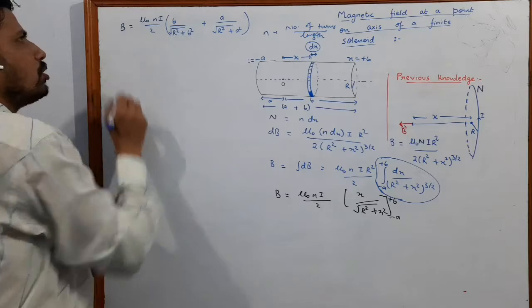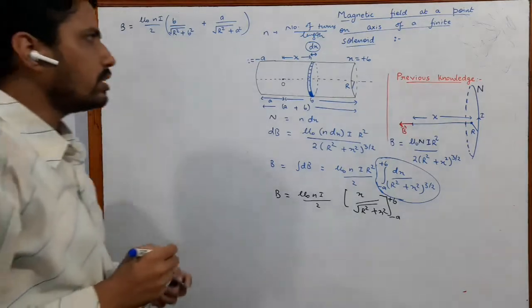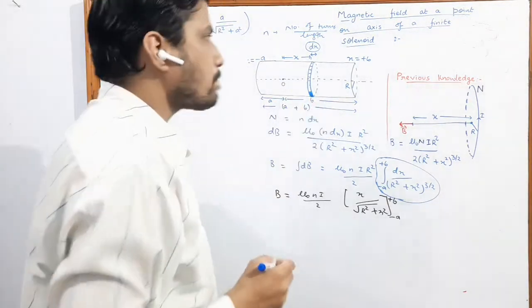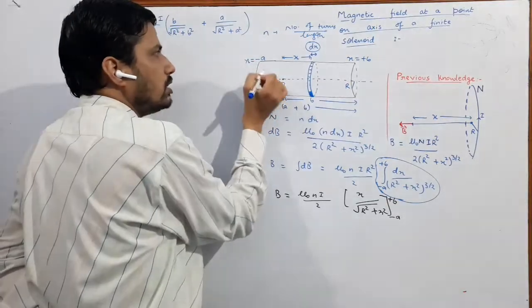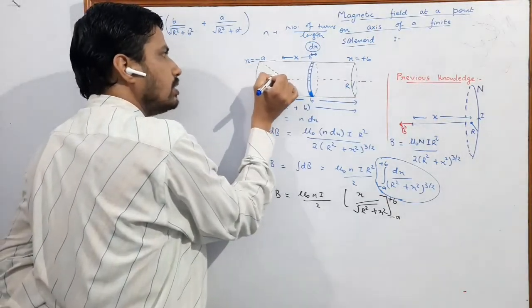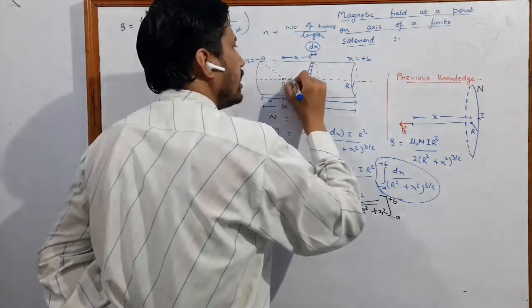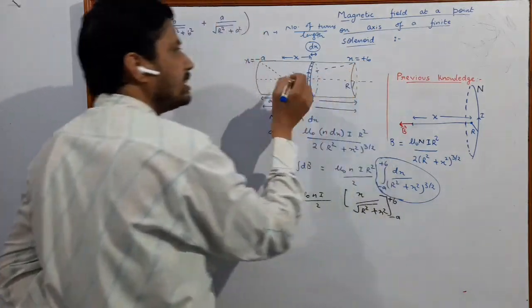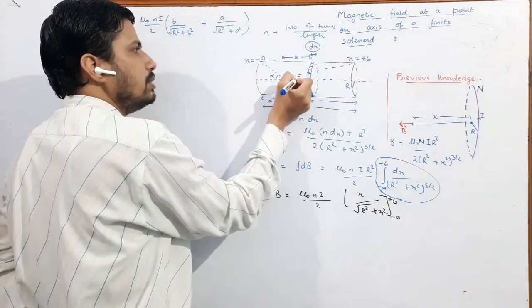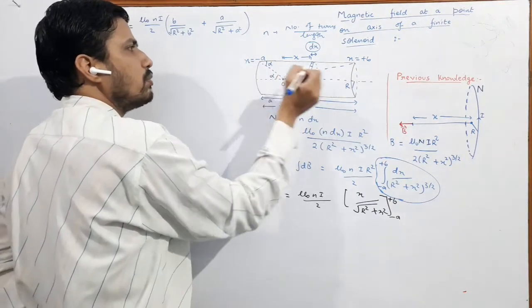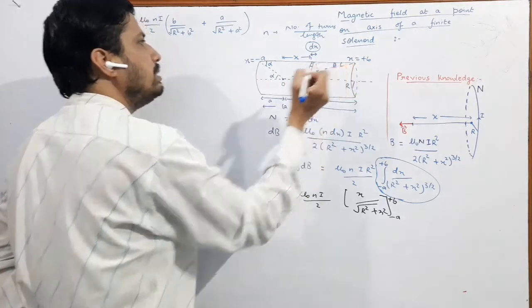Now this might look a bit complicated, but we can easily simplify this. In this particular arrangement, we'll choose two angles. So the left end is minus a and the right end is x is equal to plus b. We will draw lines like this. We will take this angle as alpha and the other angle as beta. This angle will also be alpha and this angle will also be beta.